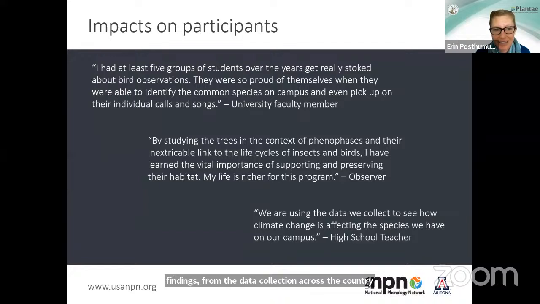And I just wanted to end on some of the impacts that we've seen. These are just a few of the quotes from some of our observers, but we've really found that especially through these local phenology programs, they're able to really connect with students. They're involving people in doing the scientific method, collecting data. And it really makes a big impact on people's lives. They're able to see the science with their own eyes, take part in it, and so they really are able to understand climate change impacts directly. And it really seems to have a huge impact on their lives.